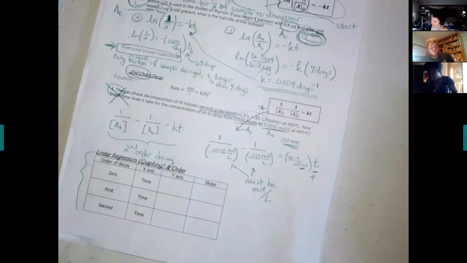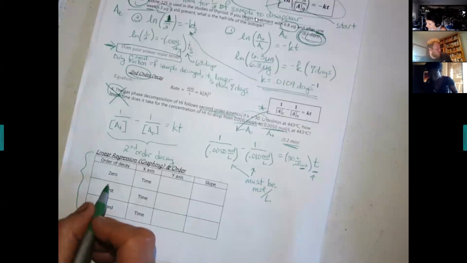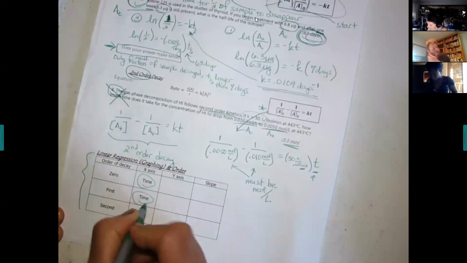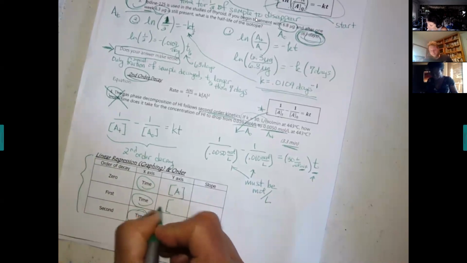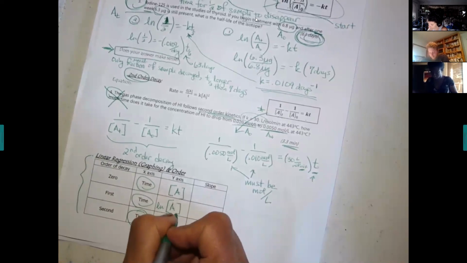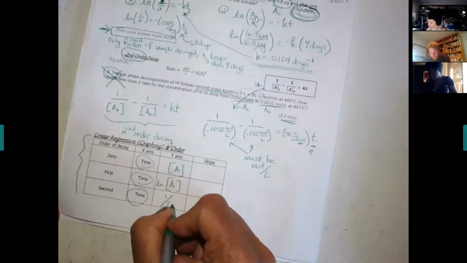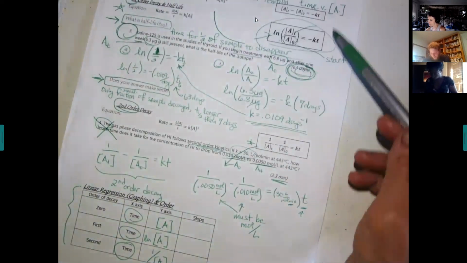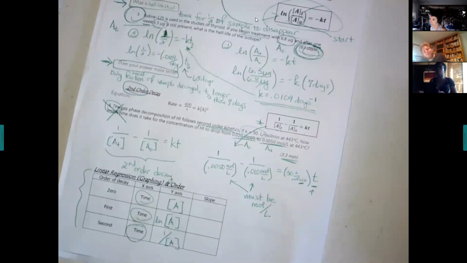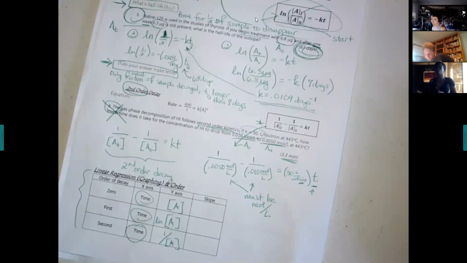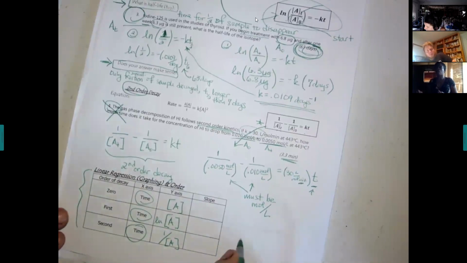This is the piece. We're not going to actually do the graphing, but they're all time on the x-axis, and zero order, the y-axis is concentration. In first order, it's natural log of the concentration. In second order, it's 1 over the concentration. It's kind of everything that was up here on top of the page. So concentration, natural log of the concentration, 1 over the concentration. So we would make 3 separate graphs, and we would figure out which one was the best graph based on which one gave the best line. So if you compare the R's,